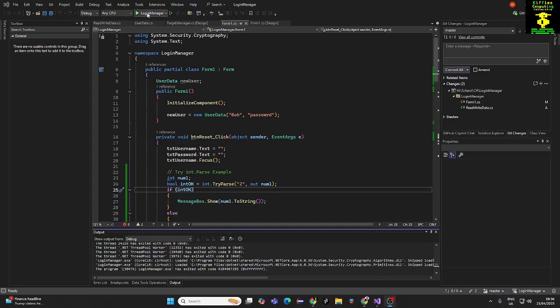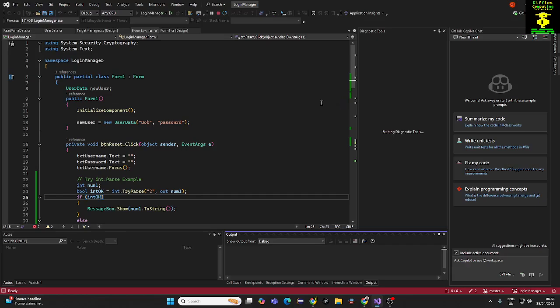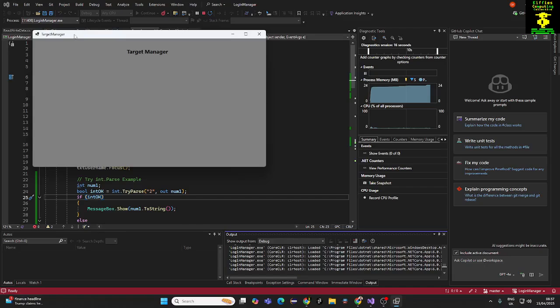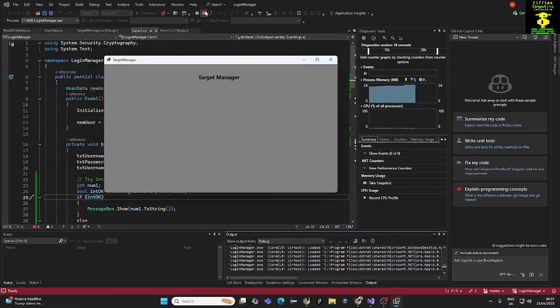running your code. So this is just quite a simple program that shows a login manager, and it shows how you can log into a system. Obviously, if I click login, it allows me into the system, and there we go. And basically you'll go through all the process of going through your